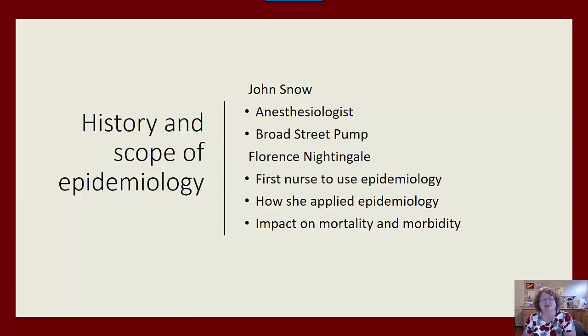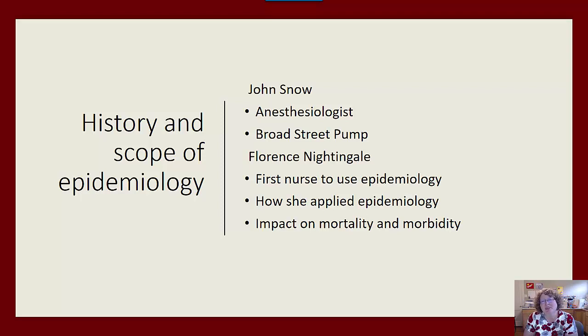And now we'll move on to the next part of our lecture, which is the history and the scope of epidemiology, which is very fascinating to me. We will talk first about Jon Snow, and we're not talking about the Game of Thrones Jon Snow. This is Jon Snow, the anesthesiologist, who used epidemiology to determine the cause of cholera and prevented and stopped the